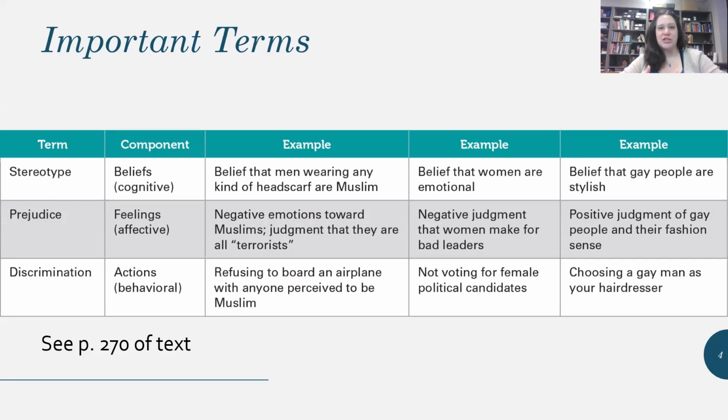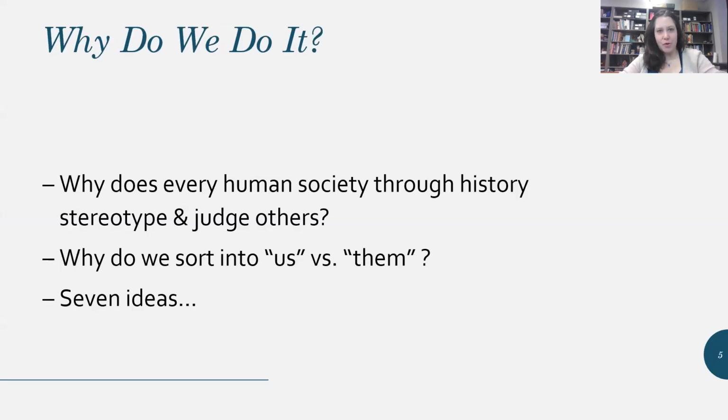Discrimination is when that turns into an action. Let's say that you are less likely to vote for a female candidate for president because of your stereotypes and your prejudice. That action of being less likely to vote for a female candidate is discrimination. So stereotypes are beliefs, prejudice is evaluations or judgments, and discrimination is behaviors. Okay, so now that we have a vocabulary foundation, one of the big questions that social psychology has tried to answer